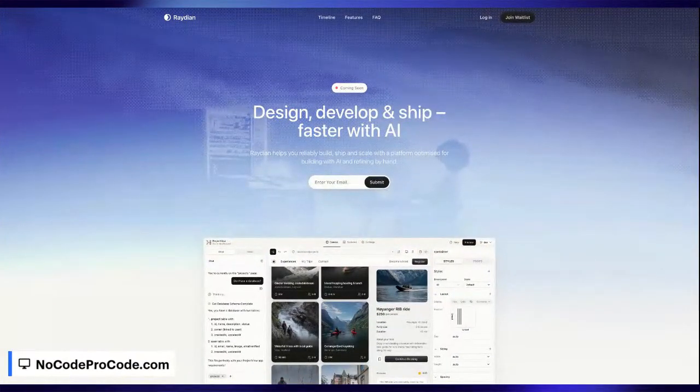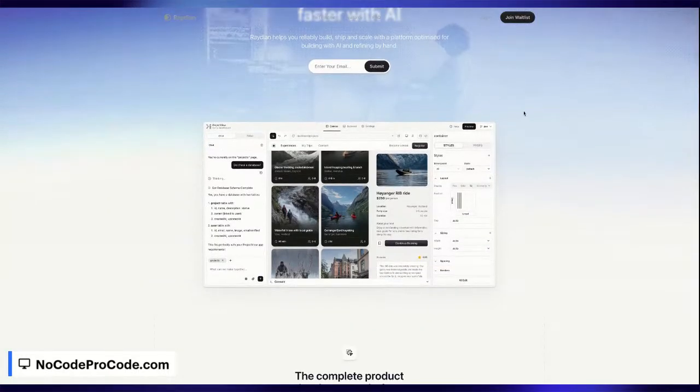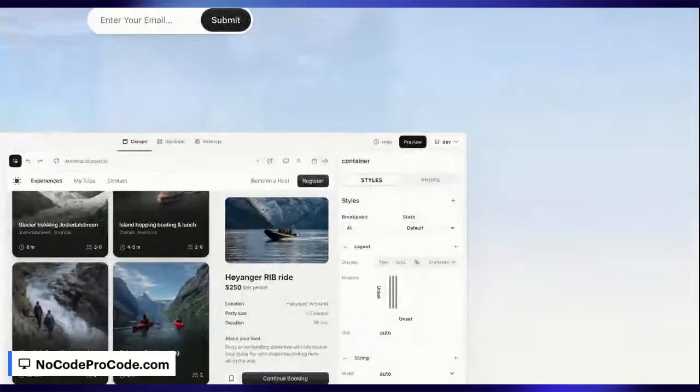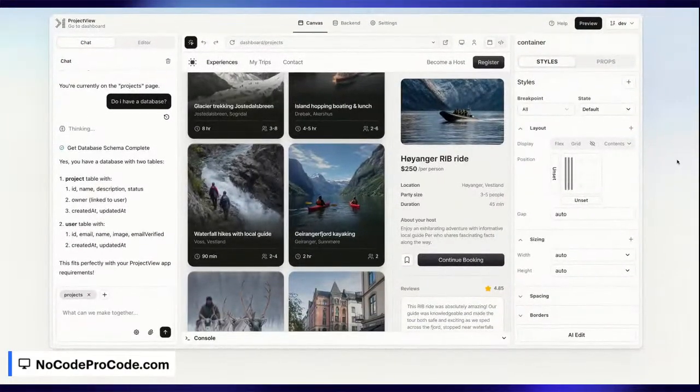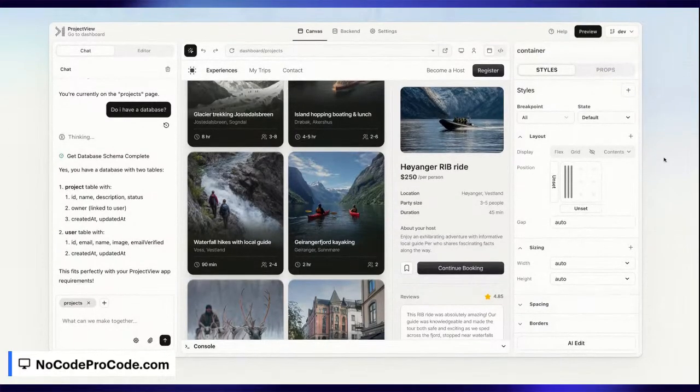Okay. It's called Radian, and it lets you design, develop, and ship faster with AI. But look at this canvas. This is a combination of the best of Webflow and the best of Lovable. So it's like you take Webflow and you marry it with Lovable and get a child.